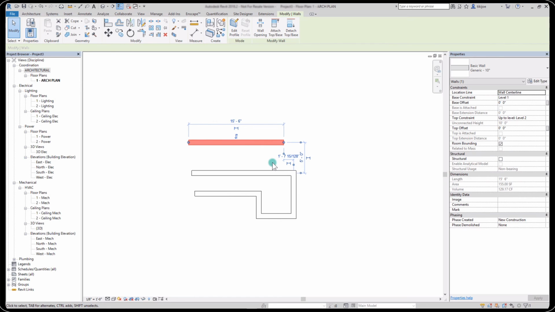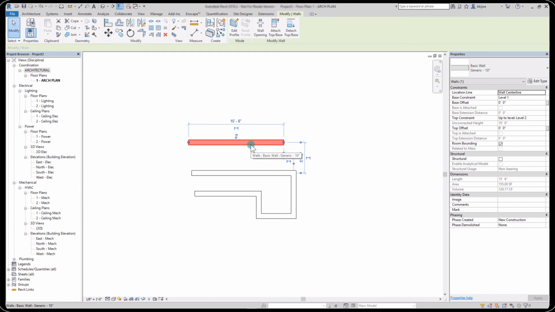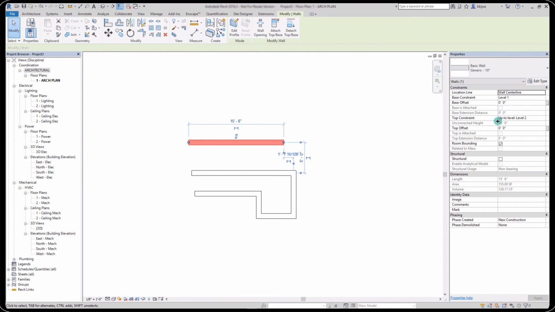And this is incredibly powerful, allowing us to create designs that we can then very easily edit. So this is going to allow you as a designer to sketch things approximately where you want them to be, and then using temporary dimensions control exactly where we want them to go. Please don't forget that as we're creating the walls, or later, once we select the wall, we do have the ability to change the types, and then any information that's specific to that particular object, in this case, the instance properties. We also, just like anything in Revit, when we select an object, have the ability by looking at the properties bar, or the ribbon bar at the top of the screen, the ability to do